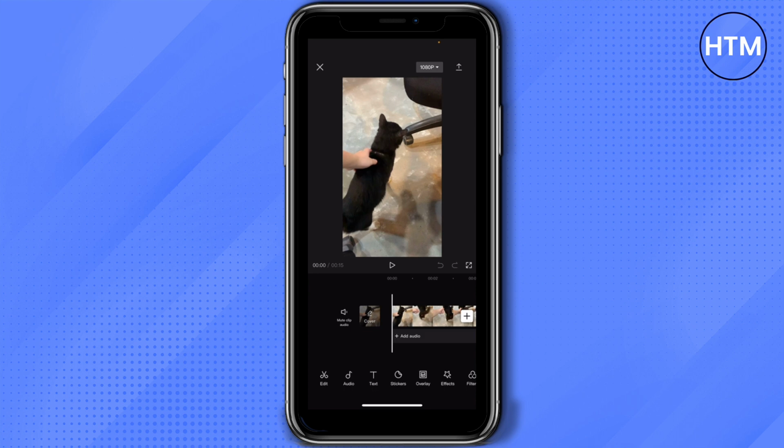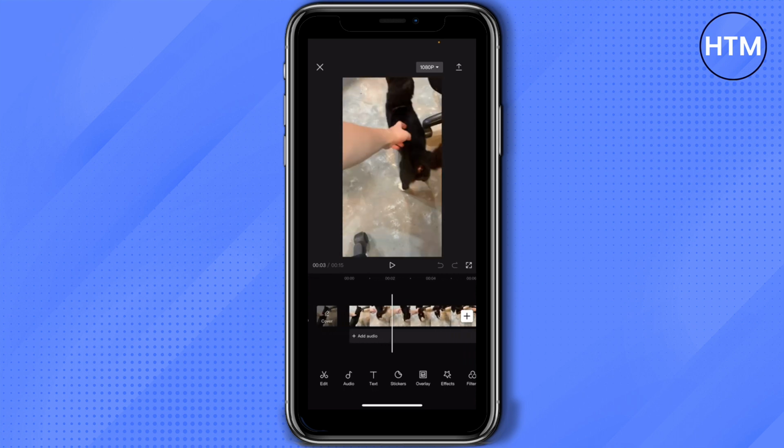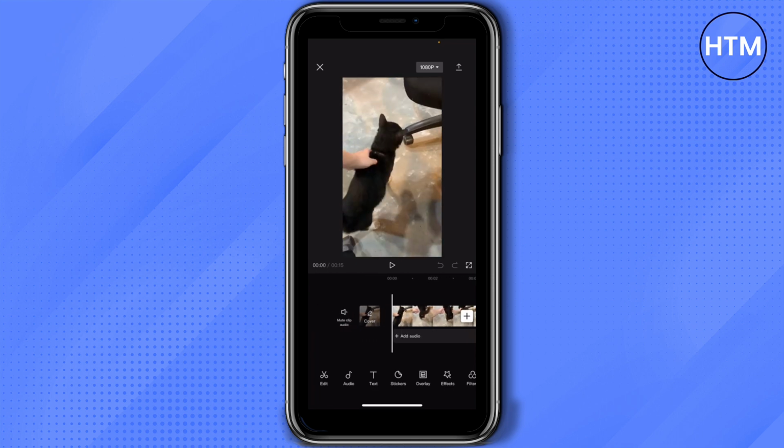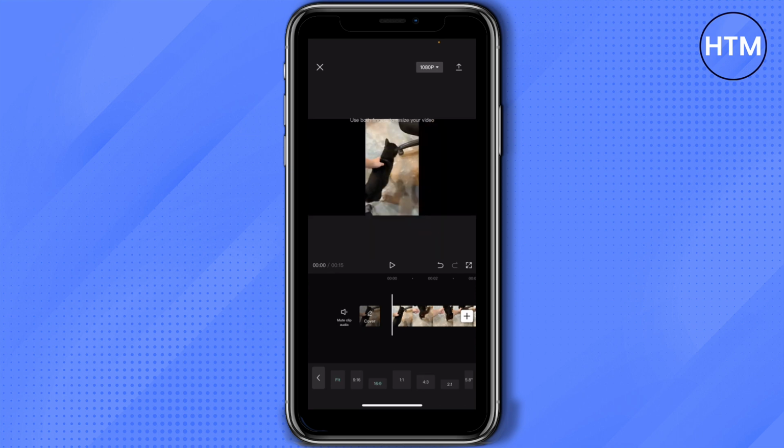Right, and as you can see in here, it is full screen if it's portrait, but if you want it to be full screen, then in the lower part of your screen, slide left, and then tap on Format. You can actually choose any format in here, but if you want, for example, this 16:9, as you can see,